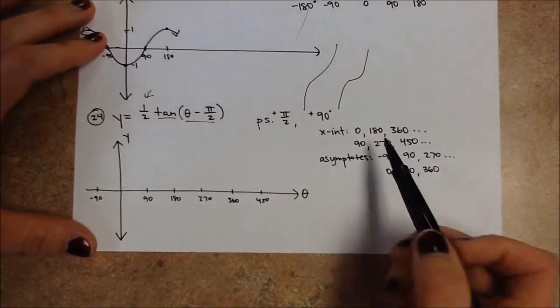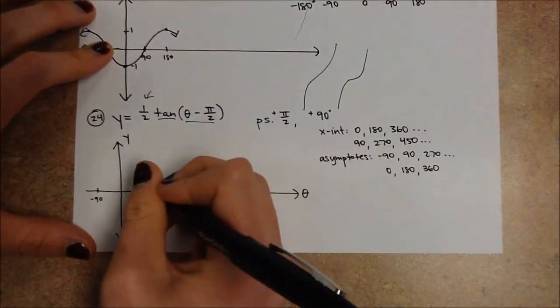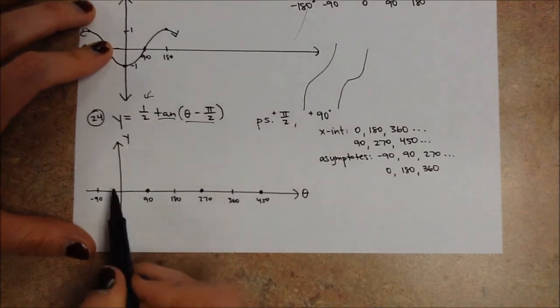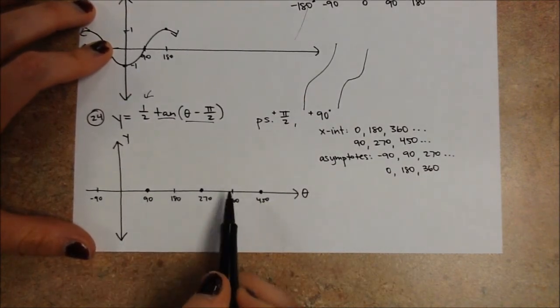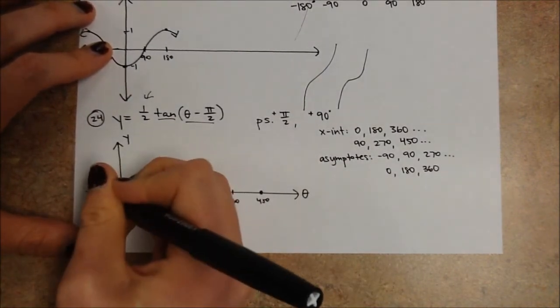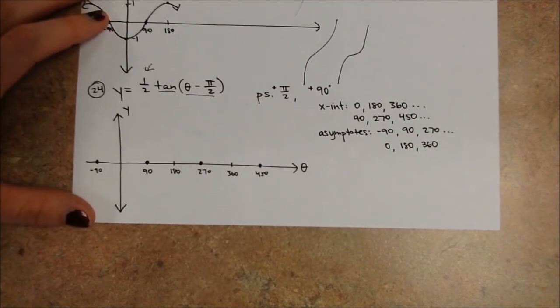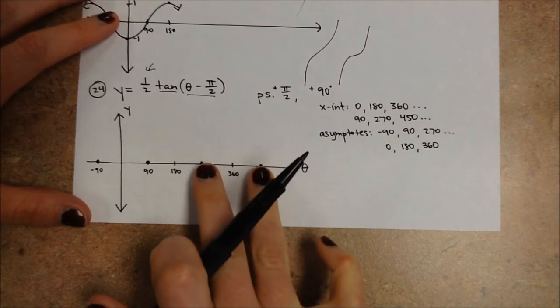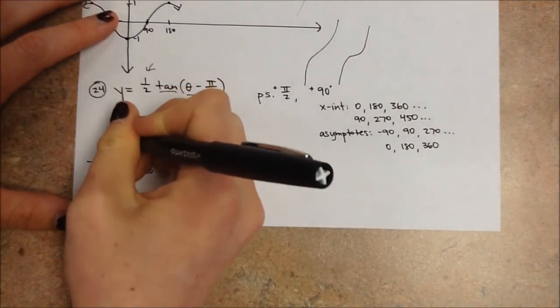Okay, so x-intercepts are going to be every 180 degrees. They got pushed over. It used to be here, here, here, but they got pushed over, which means there would actually also be one here. And then my asymptotes used to be here, here, here, but they also got pushed over. So I have one here,